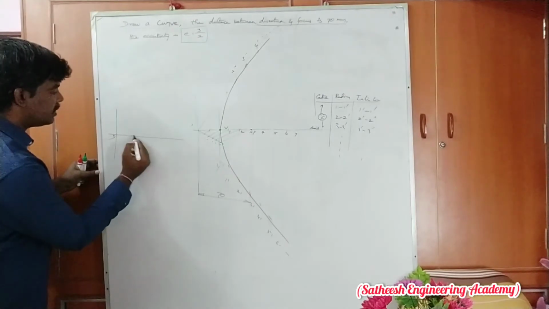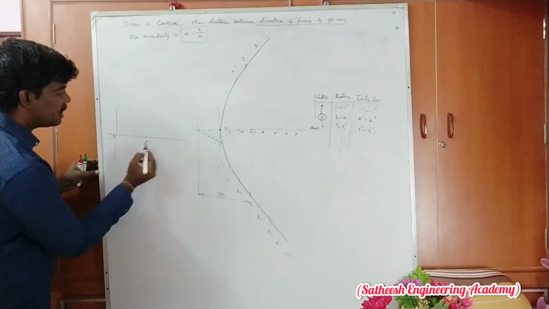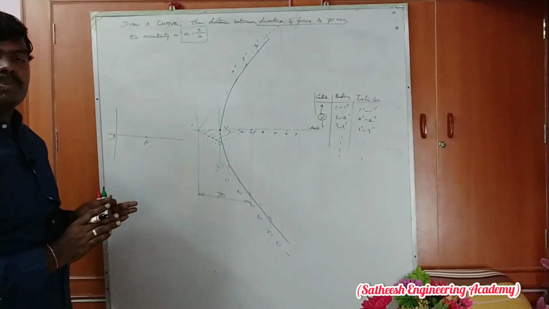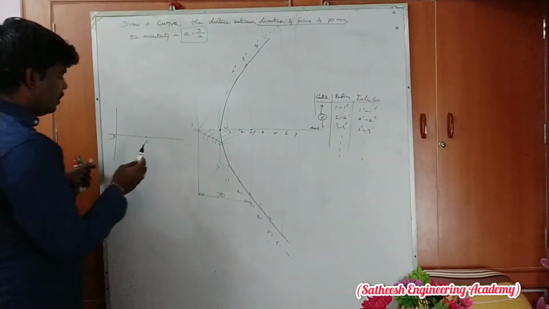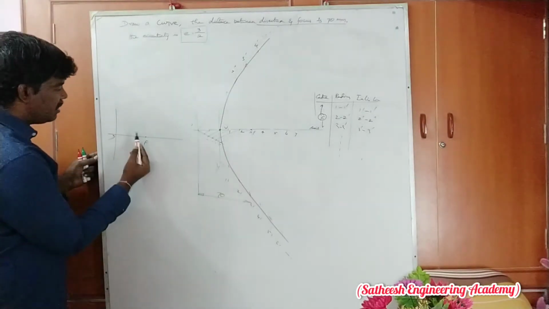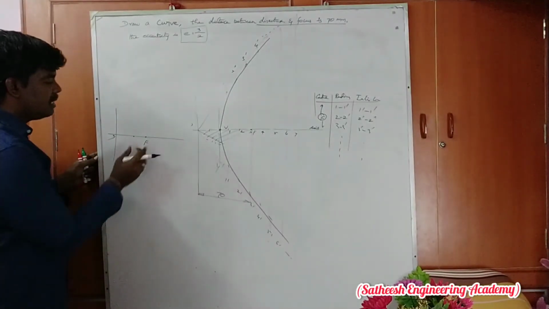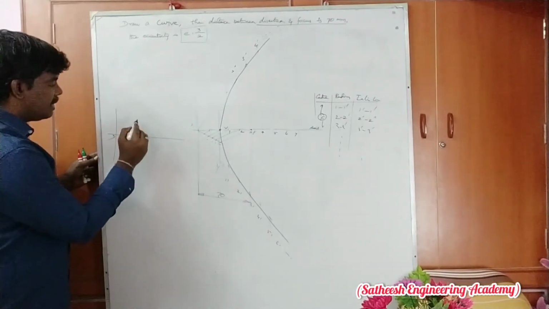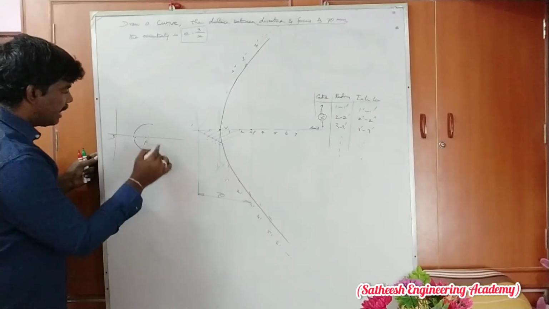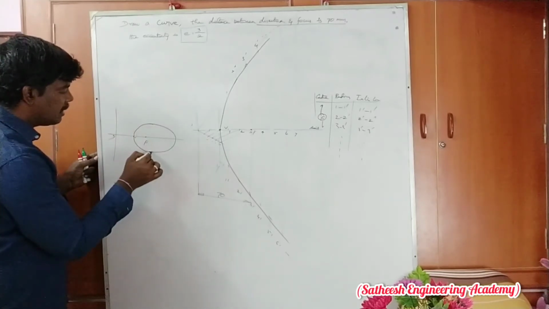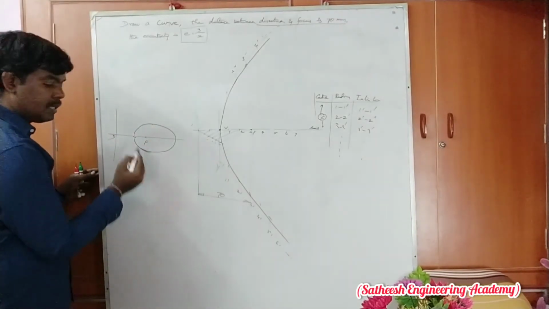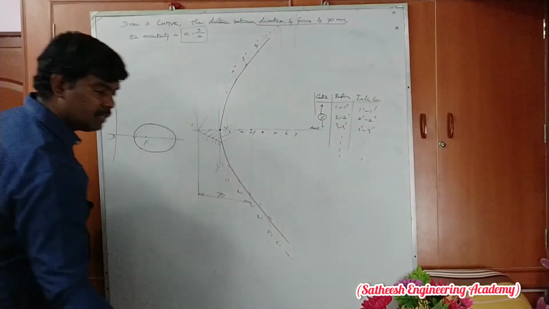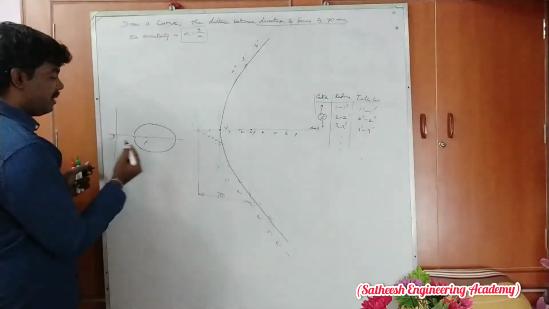So this is directrix, this is focus. Let us consider a common focus for all three: ellipse, parabola, hyperbolic curves. Okay. So this distance, the vertex from focus for the ellipse, is smaller than directrix to vertex point. Therefore your ellipse is like this. Let us consider the directrix to focus distance is the same for all the curves, but only the vertex differs.